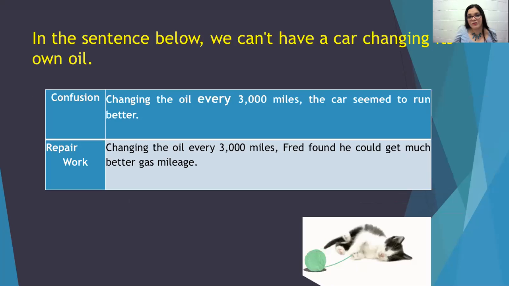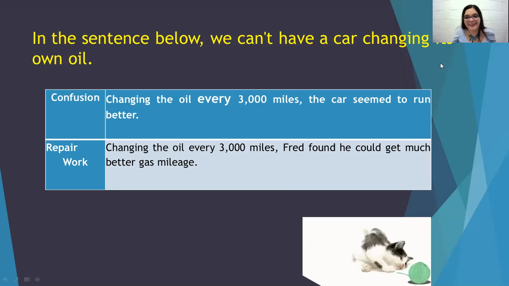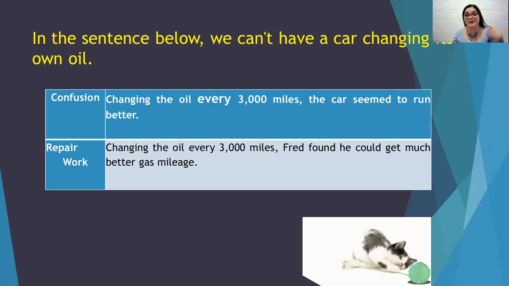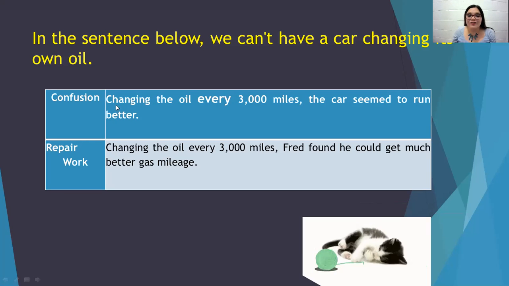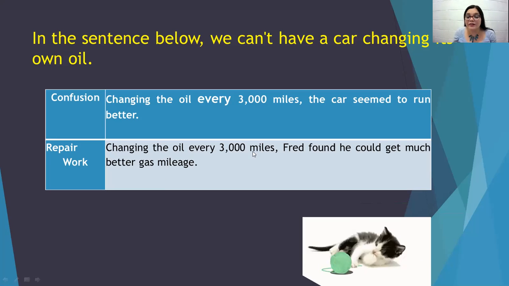What do we need to do? Well, we need to pay attention. In the sentence below, we have an impossible sentence. We cannot have a car changing its own oil unless we're talking about Lightning McQueen, right? But Lightning McQueen is animated, and those cars do not exist in real life. The confusing sentence says, "Changing the oil every 3,000 miles, the car seemed to run better." A repair for this one can be "Changing the oil every 3,000 miles,"